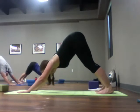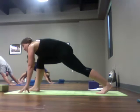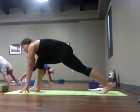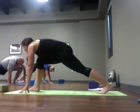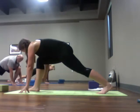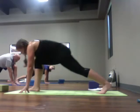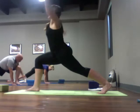Take an inhale here. As you exhale, step the left foot forward between the hands, coming into a low lunge. And it may take 2 or 3 steps, but please make sure that your ankle is directly under the knee and that the knee is not reaching out over the toes. And then go ahead and inhale the arms up, press